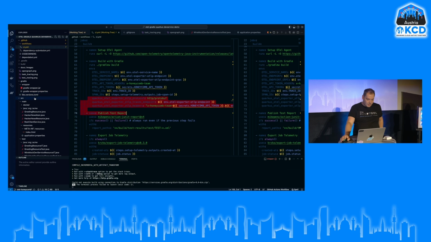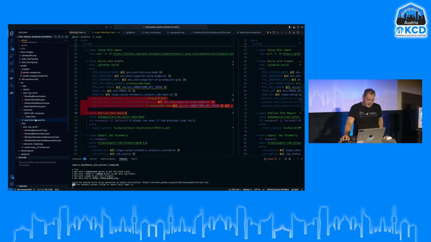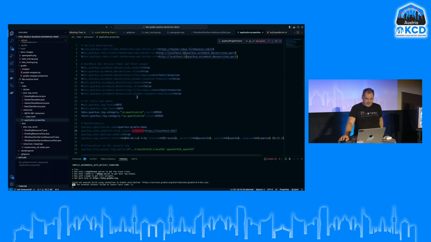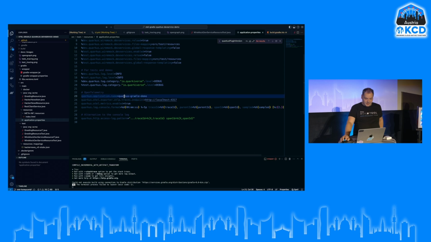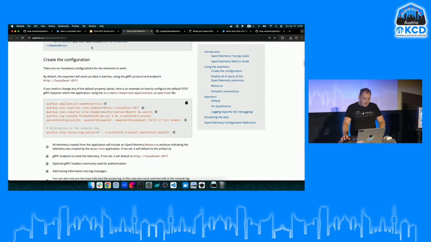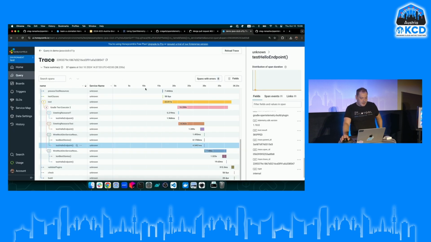And what we do after that, so it's here. We can just go to the Quarkus level. And again, there are a lot of application properties that configure observability. So here, there is application name, OTLP traces, everything we saw before. We just have to copy-paste it again with Quarkus formats here. And after that, you also get this part of execution. For both tests, etc., they get integrated into our trace.